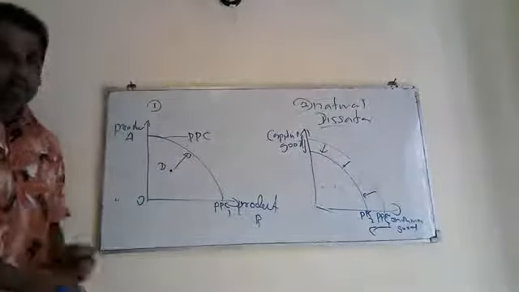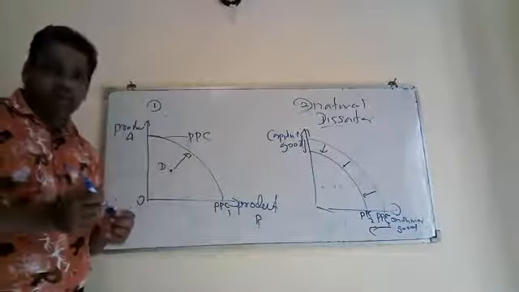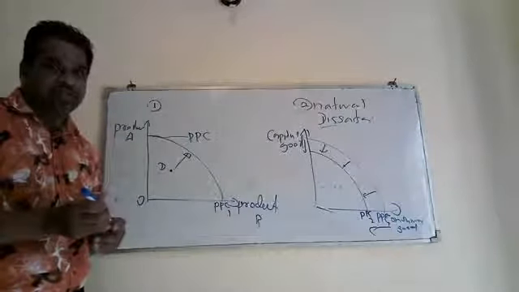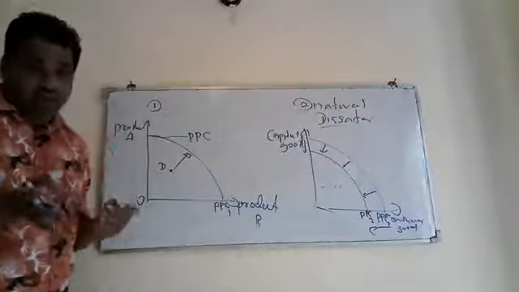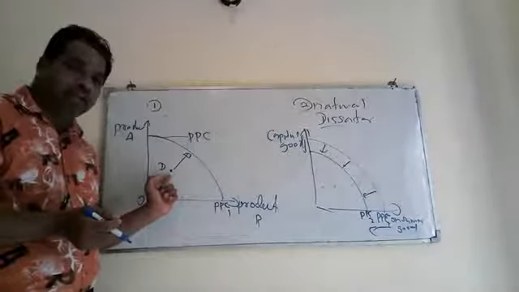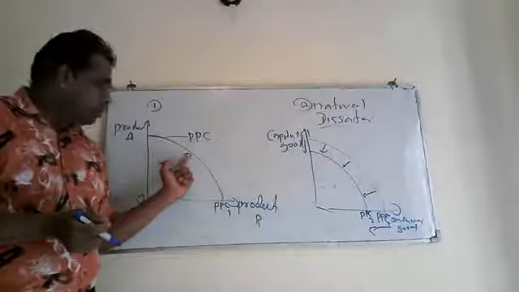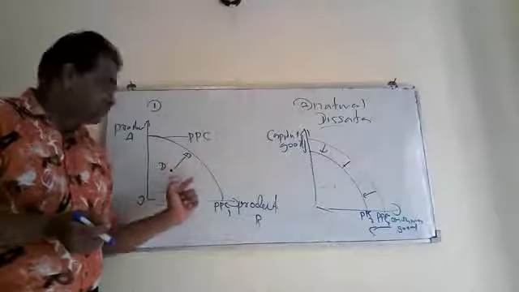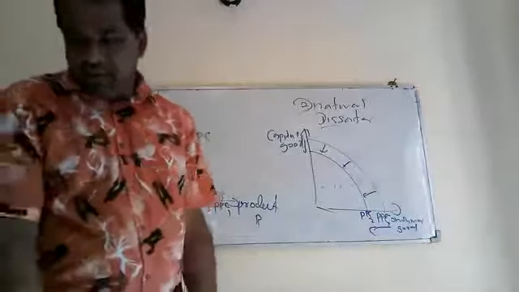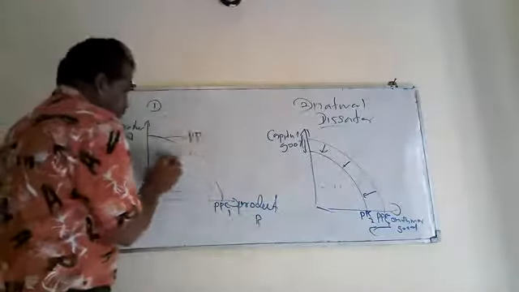Right. Then at the exam you draw the diagram and name everything and explain. Because of development in the road system, we can reach our unused resources or unutilized resources available in the country. Therefore, you indicate a point inside and with an arrow you can indicate we can go to meet the full capacity without having any opportunity cost, then you are given total marks. Right. That is the part, then part 4.